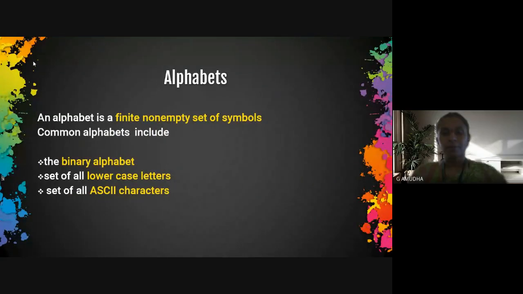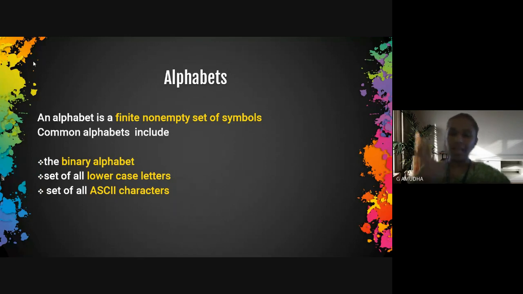So now, before moving into what is automata, we have seen that this automata is going to accept or reject, depending on some variables which are read as input in your automata. So we have some basic terms which you should know before moving into automata. First is termed as alphabets.